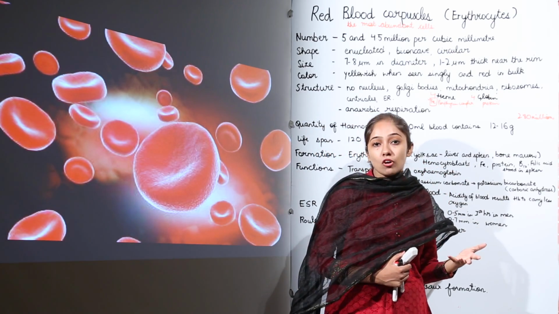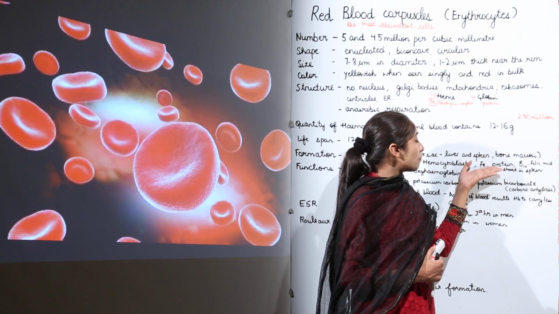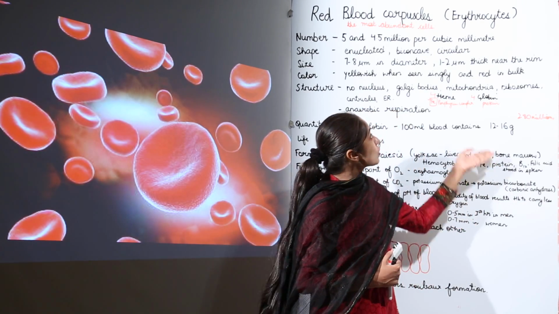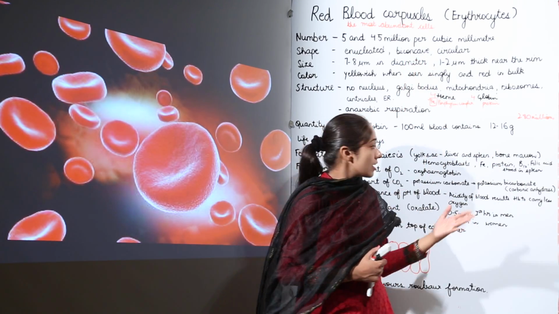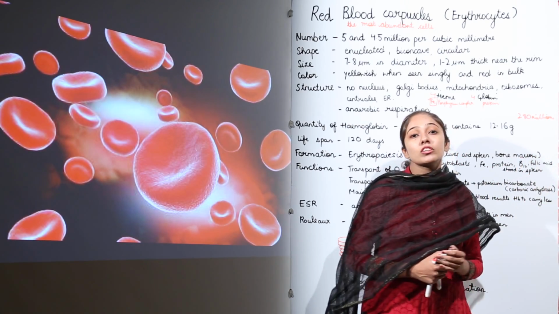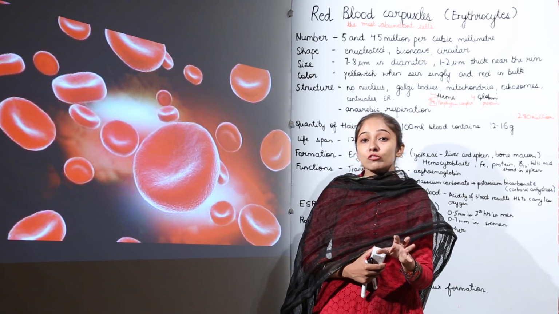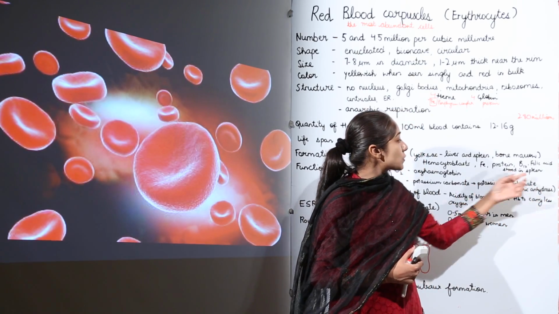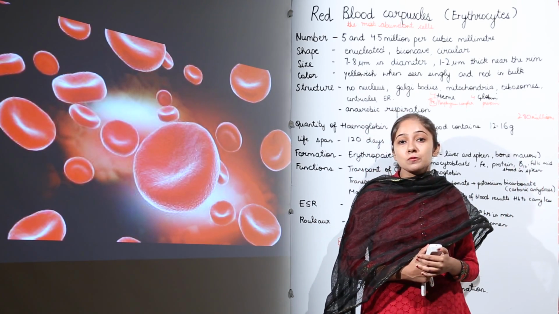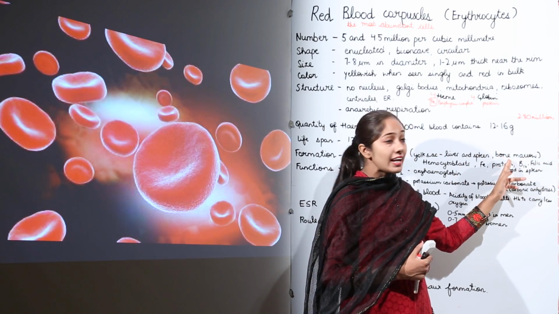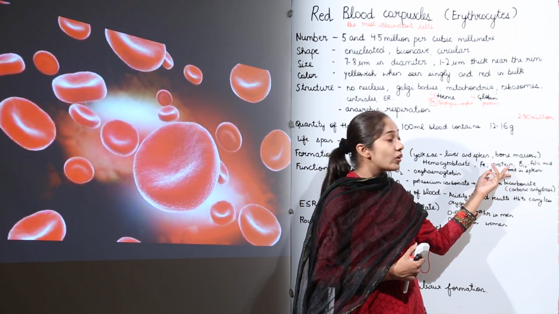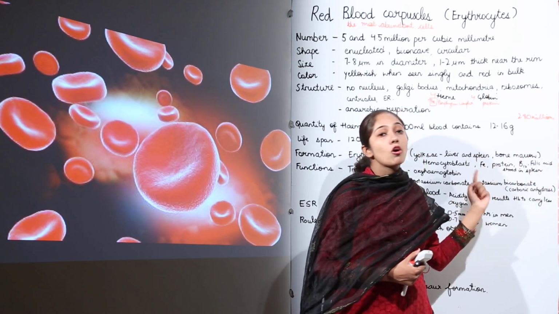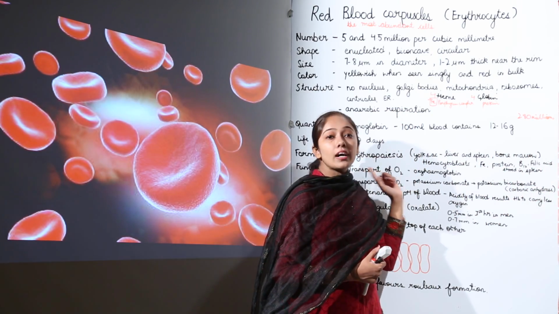Now, what is required for their formation? Iron and protein are the main important factors required for the formation of RBCs or erythrocytes. With this, vitamin B12 and folic acid are needed for the maturation of RBCs. And excess of RBCs are stored in spleen. They are formed by the bone marrow after birth, and excess of them are stored in spleen. We need iron, protein, vitamin B12 and folic acid for erythropoiesis to occur, right.